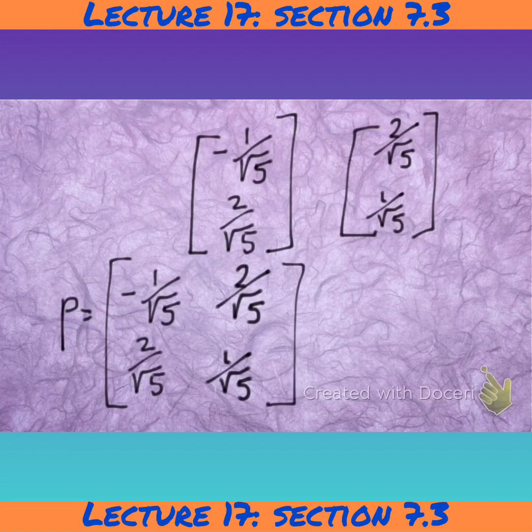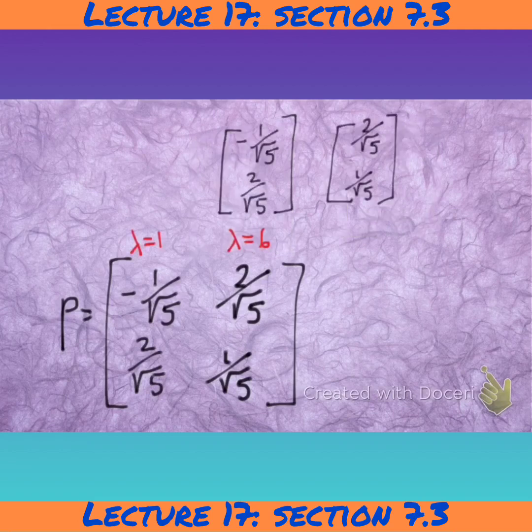And the matrix P orthogonally diagonalizes my matrix A. Recall that the first column corresponds to lambda equals 1